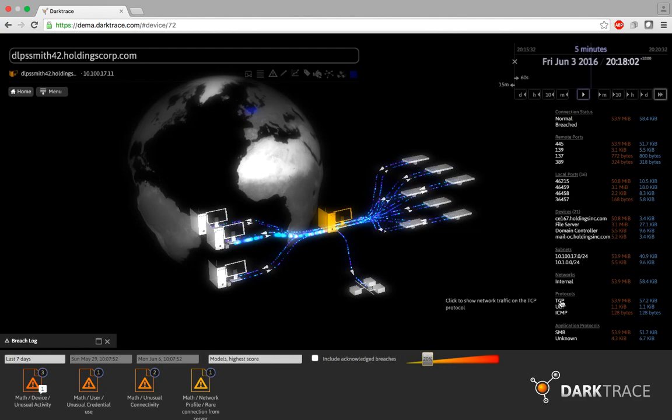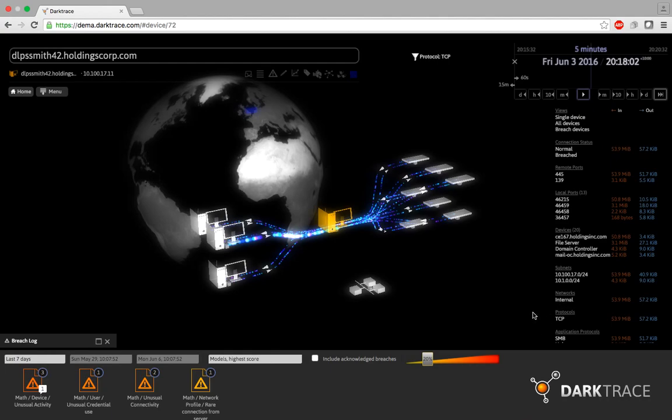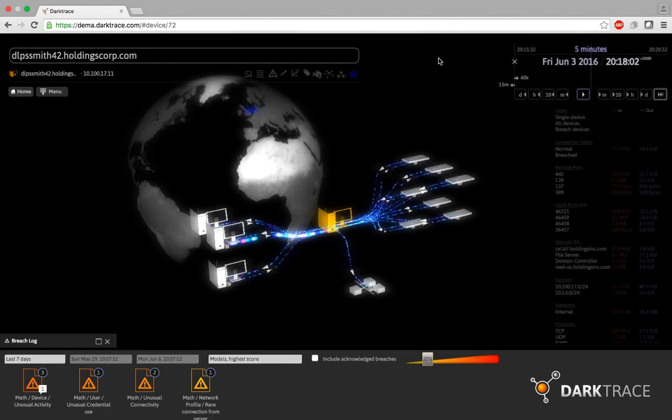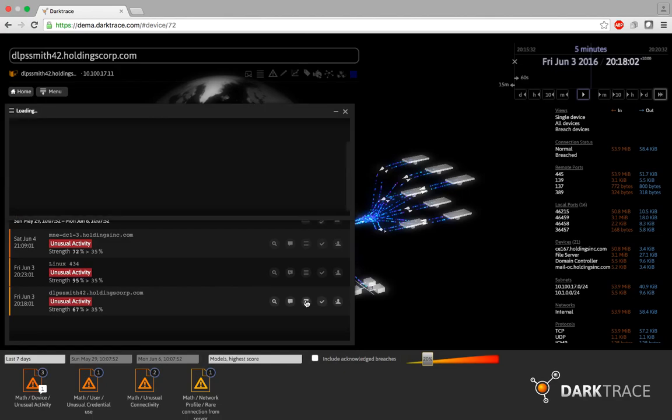If I wanted to, I can actually filter out specifically information about a particular communication protocol. If I want to only look at TCP, I click TCP, and that filters down and reassigns all that statistical information accordingly. I can dismiss that filter just as quickly by clicking that. Right. Let's go back to the breach log,